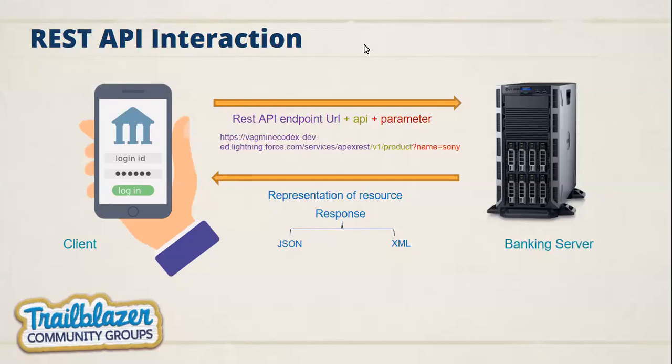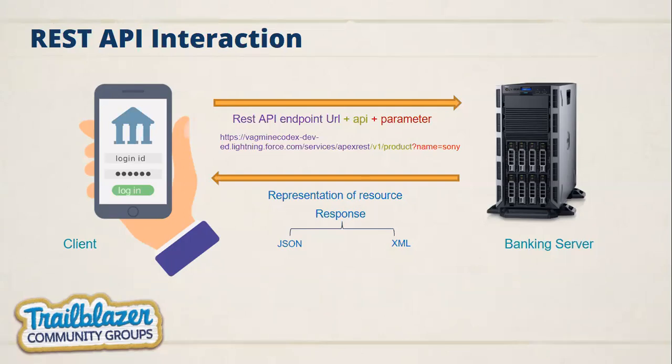So in this screen, you can see I have used my Salesforce org and service endpoint URL. After that, I have put v1/product. So v1/product is basically my product or entity API name. V1 is the versioning. I will tell you why I have put V1 in a later slide. This comes under the best practices: you should follow the versioning concept in your API.